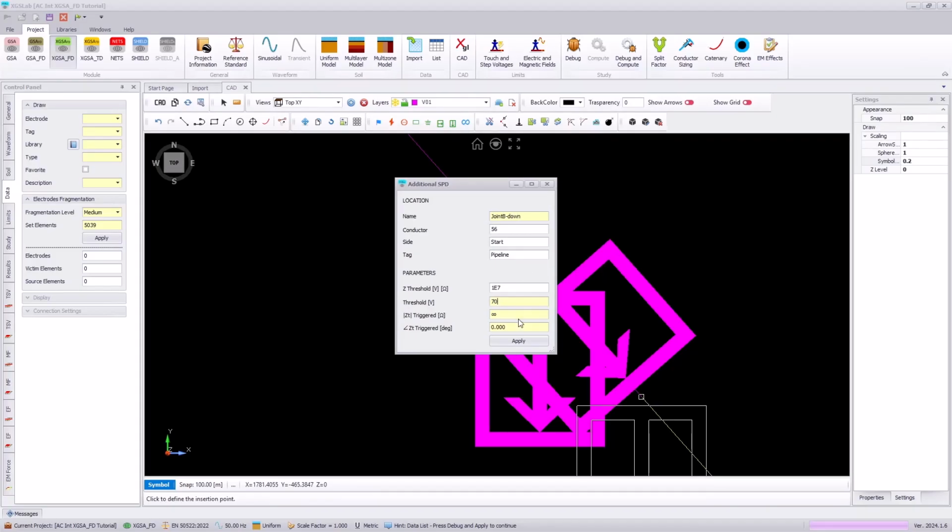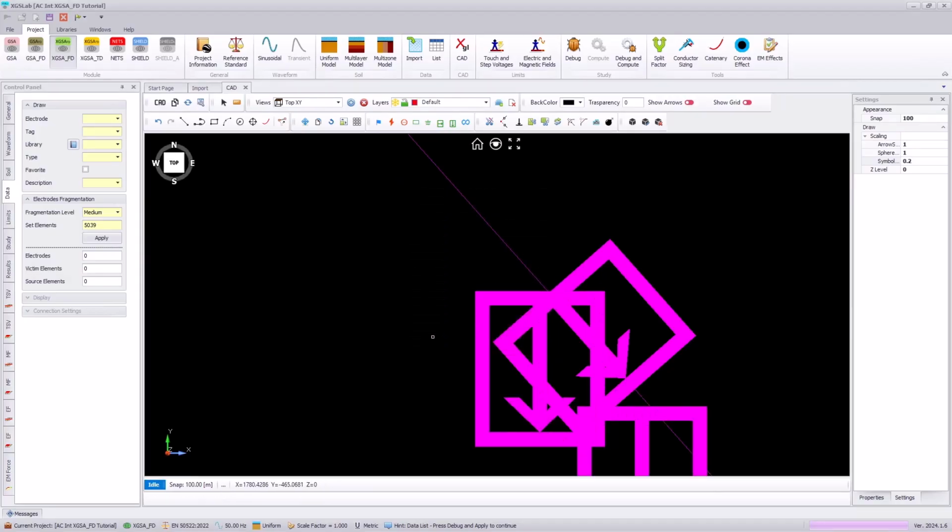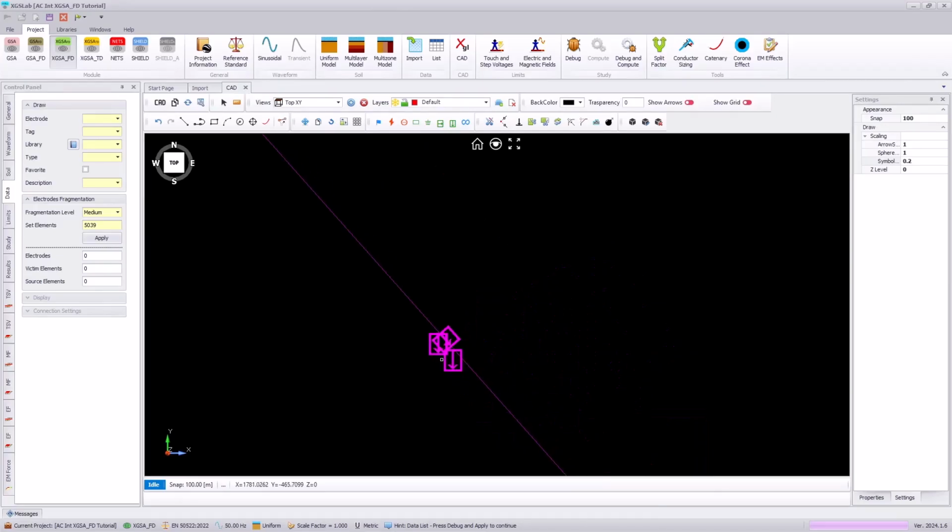So specifying 70 volts with a 5 ohms impedance. Now, not all pipelines will have these surge protective devices, but if you do, the software will automatically evaluate your system once you've crossed over that threshold. Once that threshold has been crossed, we will have a continuous pipeline, and we want to make sure to avoid